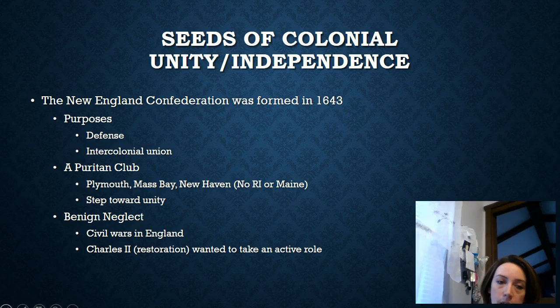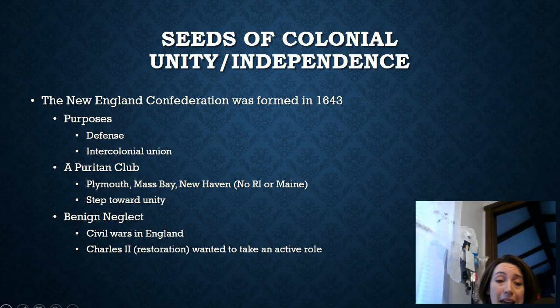And we're interrupted in England with the Civil War. And this is something that kind of halts some migration too, because if you remember anything about the English Civil War, it's between the monarch and the Puritans. The Puritans, Oliver Cromwell, leads this revolution and actually takes over England with the Commonwealth or Republic for a little bit of time. And so the colonies are left on their own.